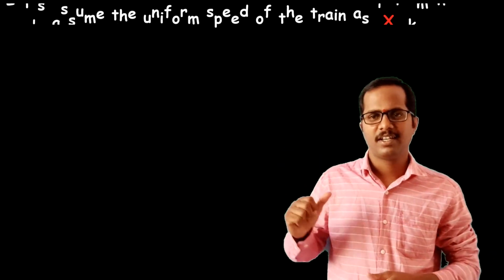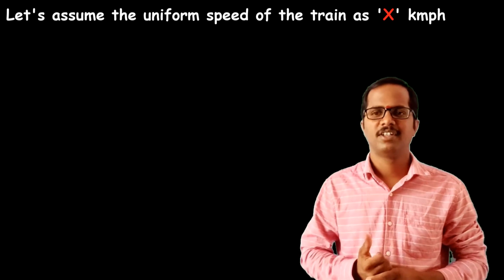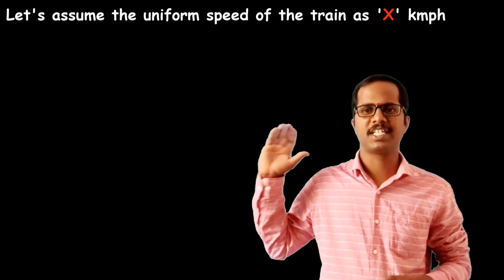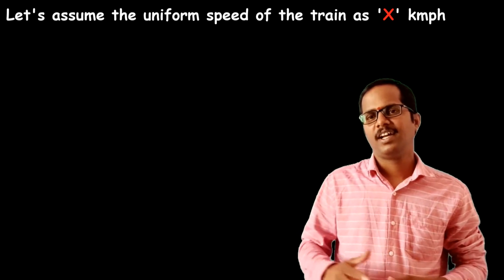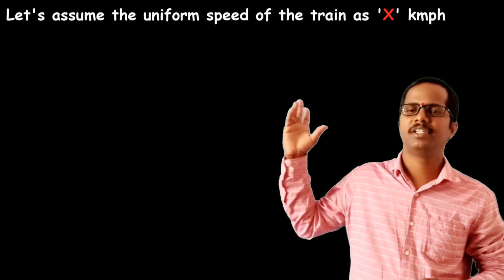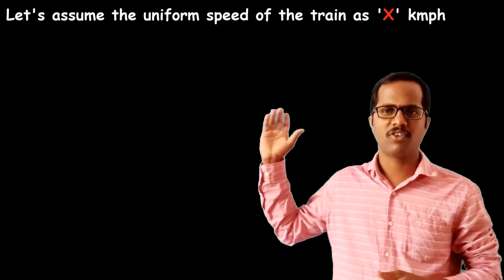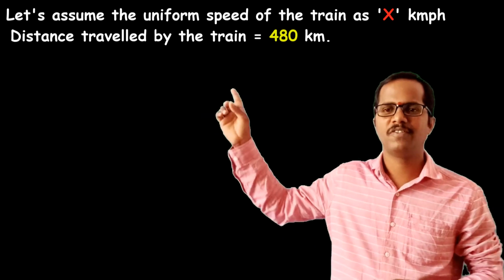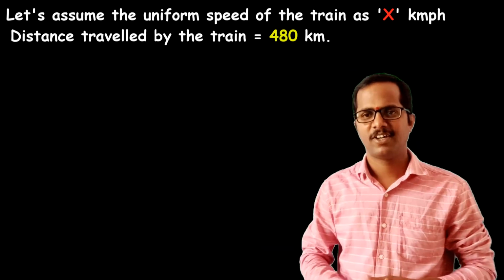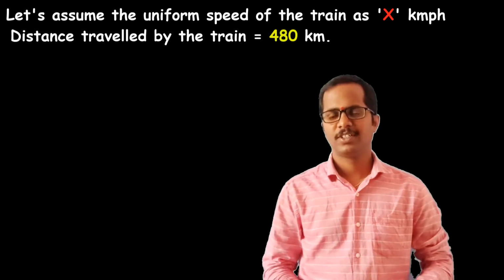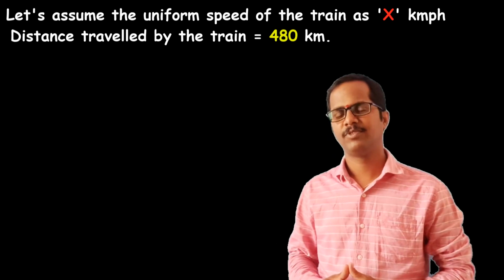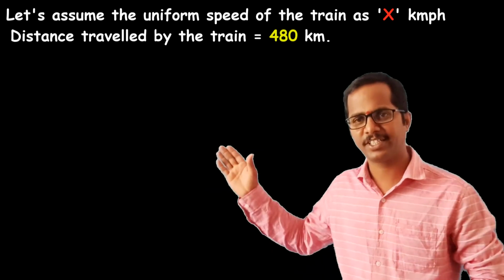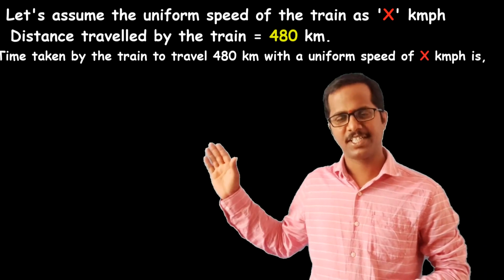So here we have to assume the uniform speed of the train with one variable. So let us assume the uniform speed of the train as x km per hour. So the uniform speed of the train is x km per hour. And what is the distance that is covered with this speed? The distance travelled by the train is 480 kilometers. To cover this 480 kilometer distance with the uniform speed x km per hour, how much time will it take? Let us take this as t1. T1 equals to,